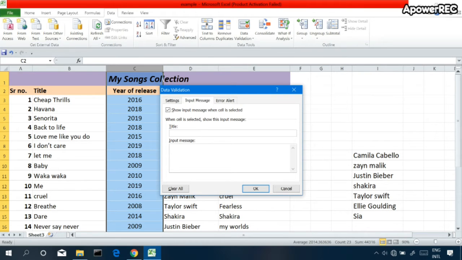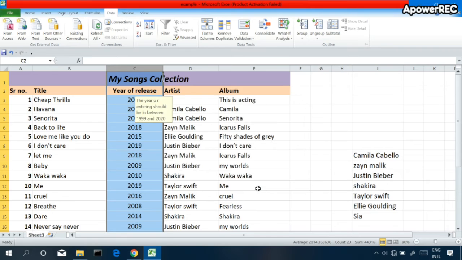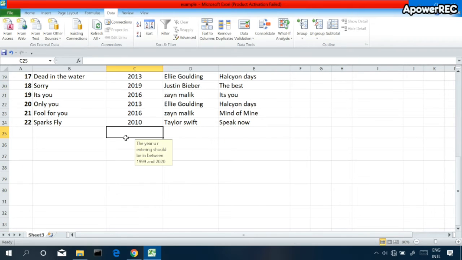Maybe the input message is: the year you are entering should be in between 1999 and 2020, which is our condition. I click on OK. So when someone clicks on a particular cell, this input message will remind them of the condition for that column's data.